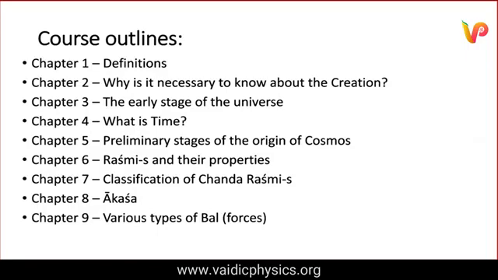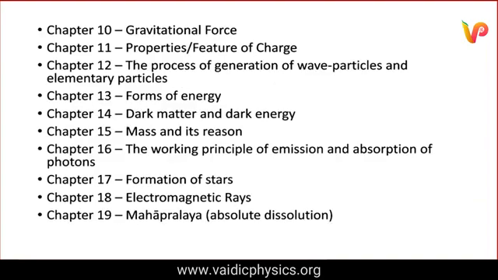Chapter 6 is about Rasmis and their properties, and chapter 7 is a classification of Chandrasmis. These 7 chapters are fundamental, and they are linked to each other. It means we have to study these chapters in this sequence: 1, 2, 3, 4, 5, 6, 7. After that, chapter 8 is Akash and chapter 9 is various types of forces, and the other chapters we can study in any order. Like chapter 10 is gravitational force,